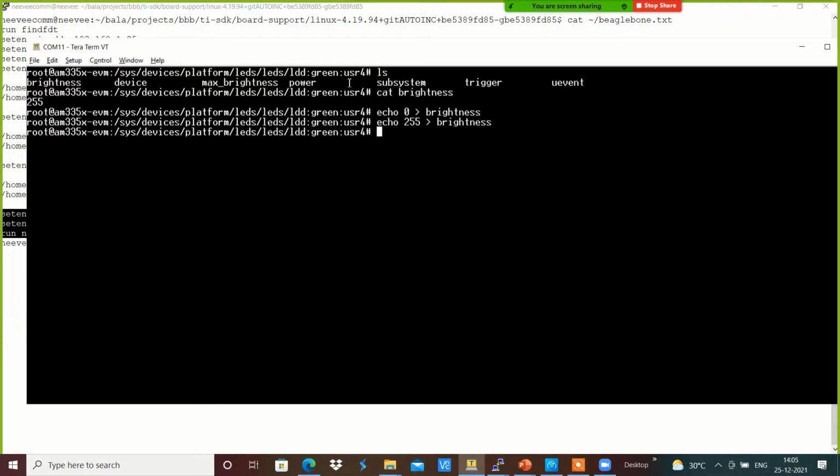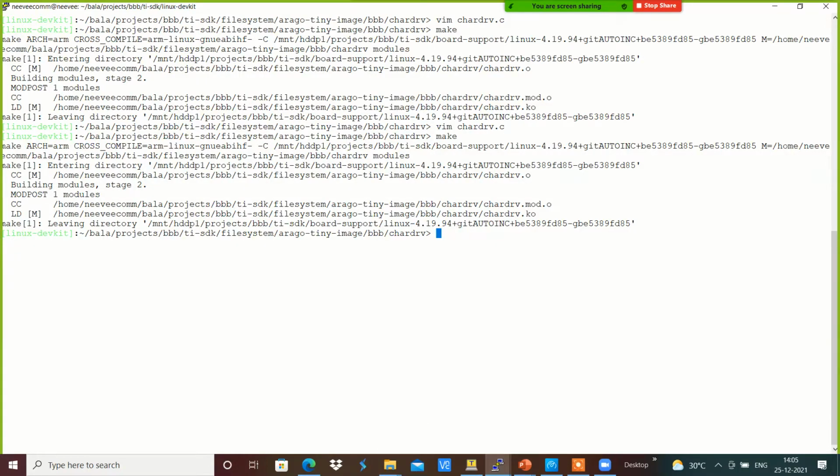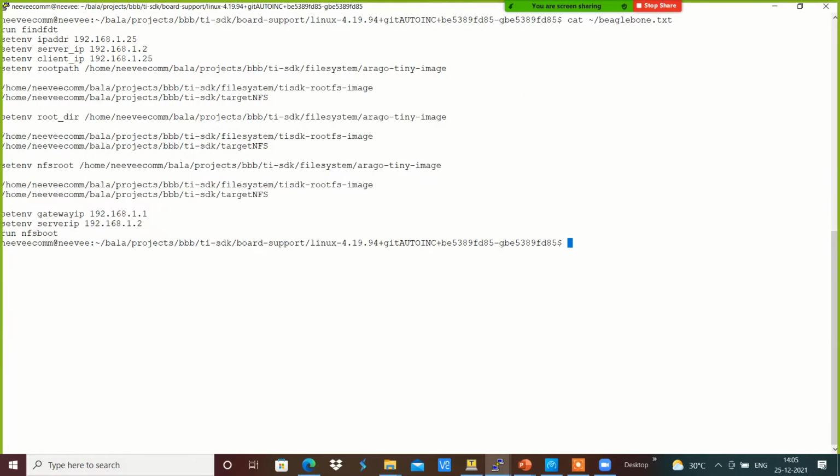Yeah, this makes it so that device tree information can be added accordingly into the system. In order to access that particular driver, particular modules will get loaded with that particular device tree information over here. For example, here we have added the user 4 LED.